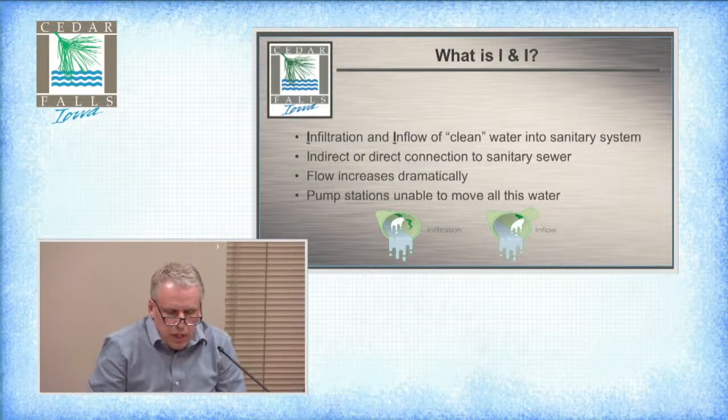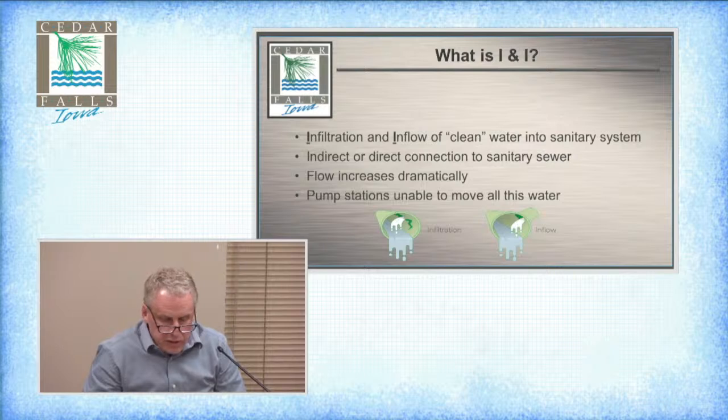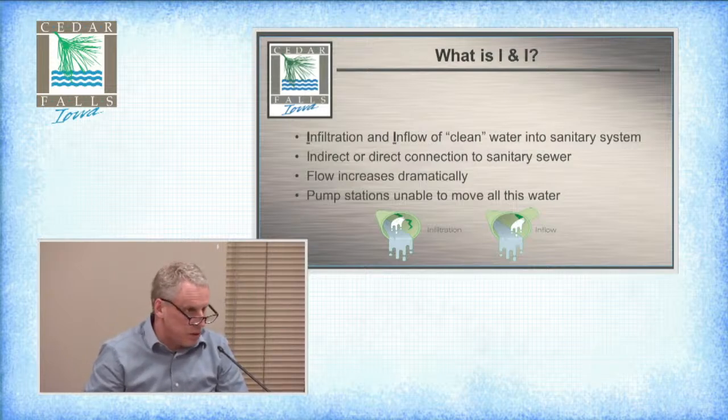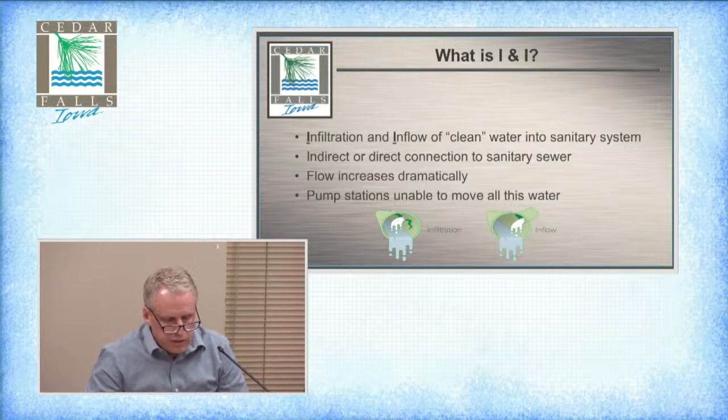They're two separate systems. This can get into the sanitary system through infiltration, like cracks in manholes, cracks in the main, things like that. And then there's direct inflow. That would be a pipe connected to the sanitary system where clean water that should go to the stormwater is coming directly into the sanitary sewer system, and that's typically from either sump pumps or footing drains from homes. Sometimes it can be a cross connection where a storm line was mistakenly or inadvertently added to the sanitary system.